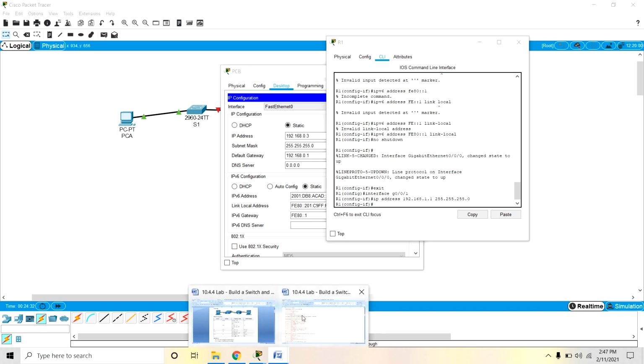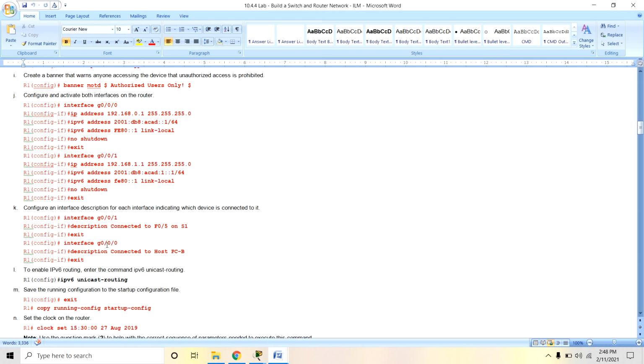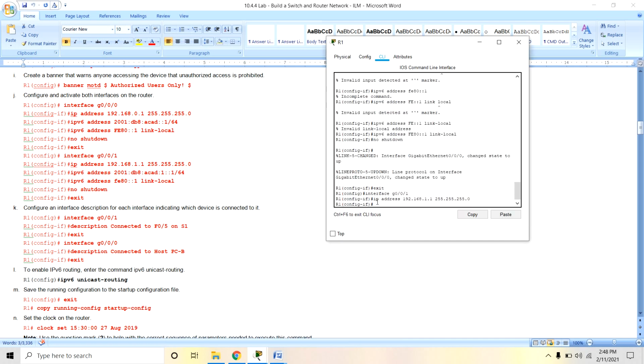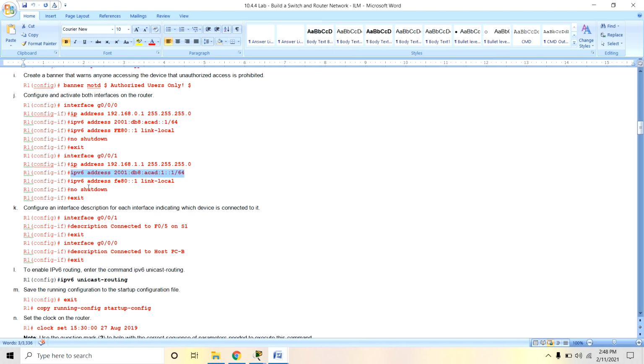And again we use the IPv6 address. We have already seen here. Okay, IP address, we will assign to the router. Yes, okay. And next one IPv6 address for the link local.